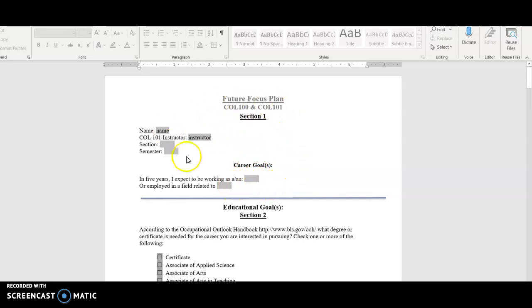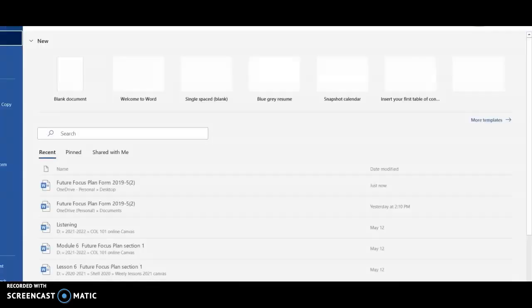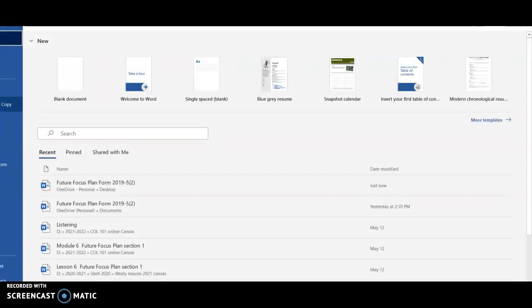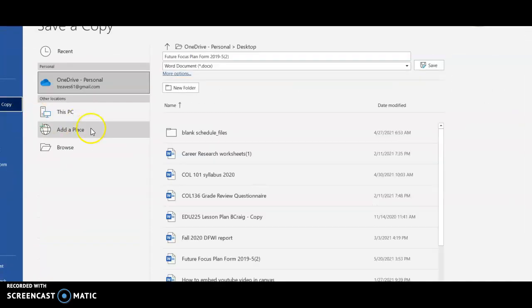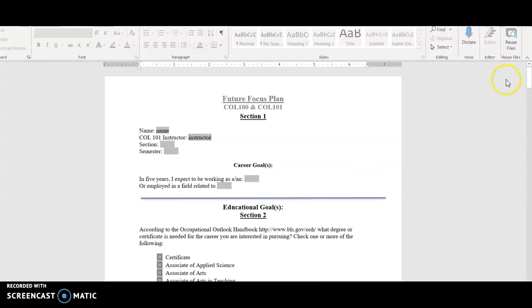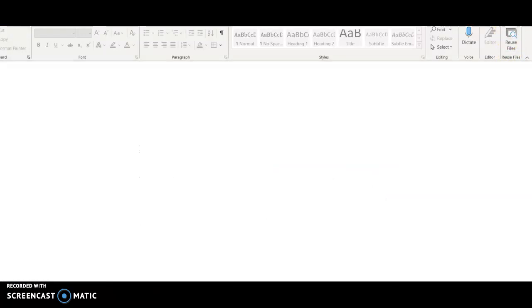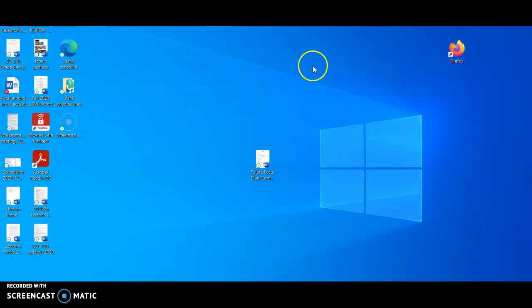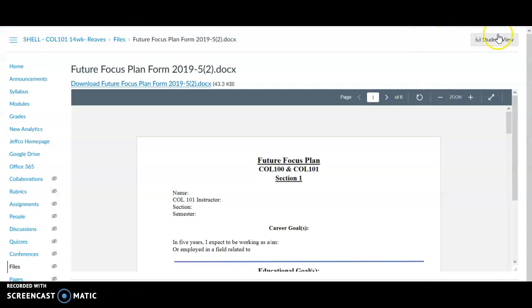Once you have completed Section 1, you will need to save it back to your computer, and close out the one that you have saved. Then to upload it back to Canvas,